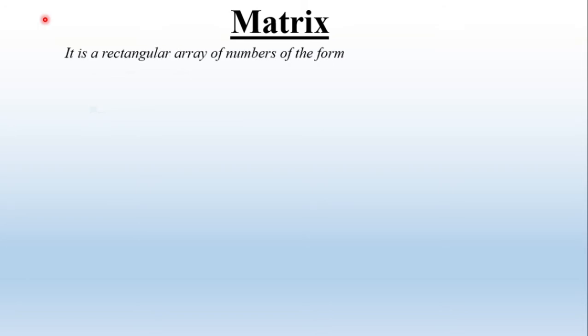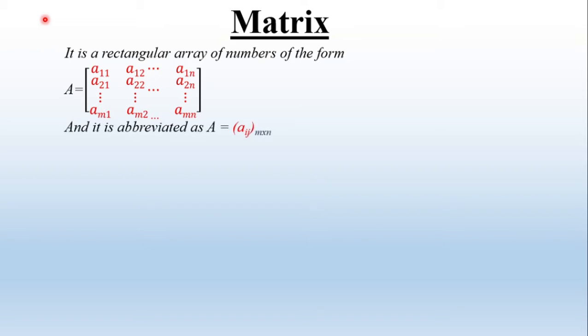Okay, hello guys. Today we will discuss about matrix. So what is the word matrix? Matrix ምንድነው የሚለውን ነገር እናያለን ማለት ነው። It is a rectangular array of numbers of the form A is equals to A11, A12, A1n, A21, A22, A2n, AMN, AM2, AMN. So ማትሪክስ ማለት በእንደዚህ አይነት ፎርም የሚቀመጥ ሬክታንጉላር ነገር ነው።